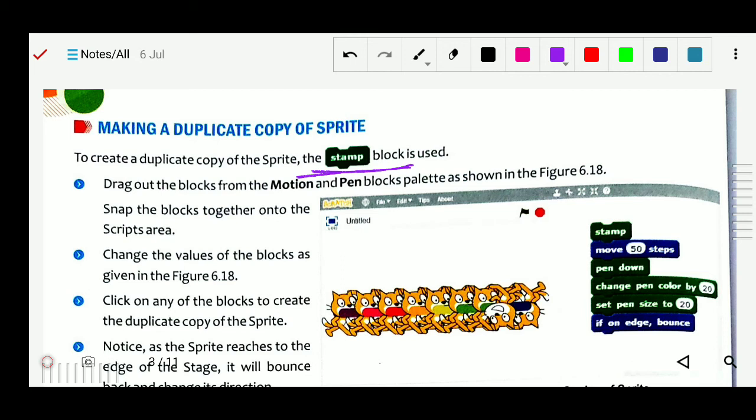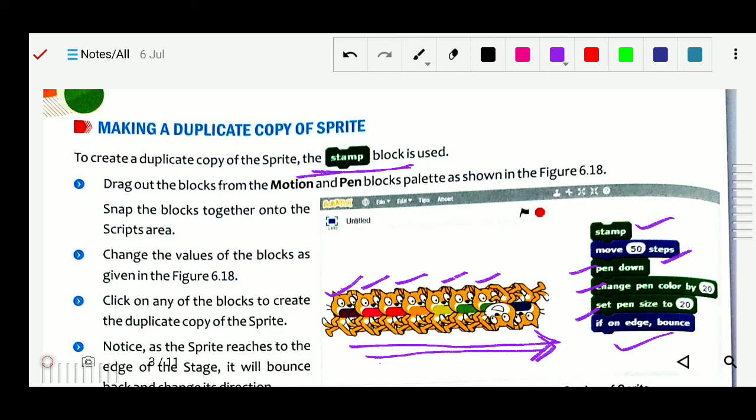So what are the steps? You can see first we use the stamp, move 50 steps, pen down, change the pen color by 20, then set pen size 20, if on edge, bounce. So what will happen? This is stamp, means this sprite will be copied again and again, and it will move 50 steps here.